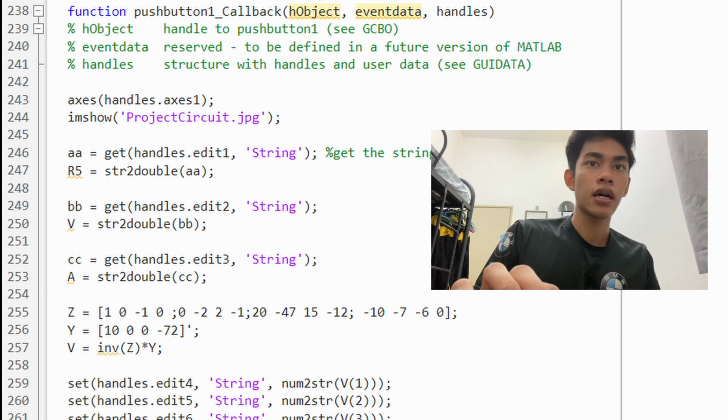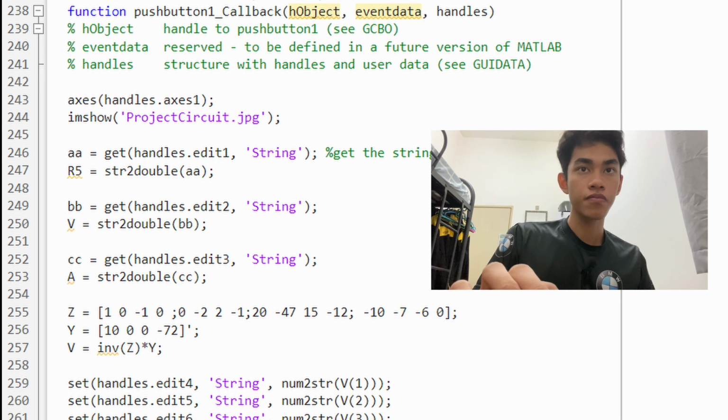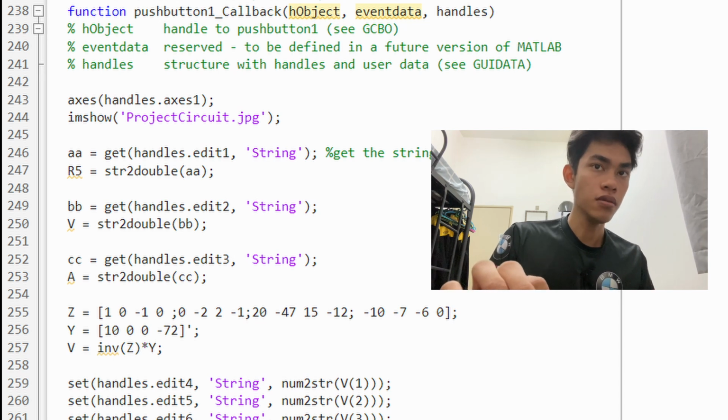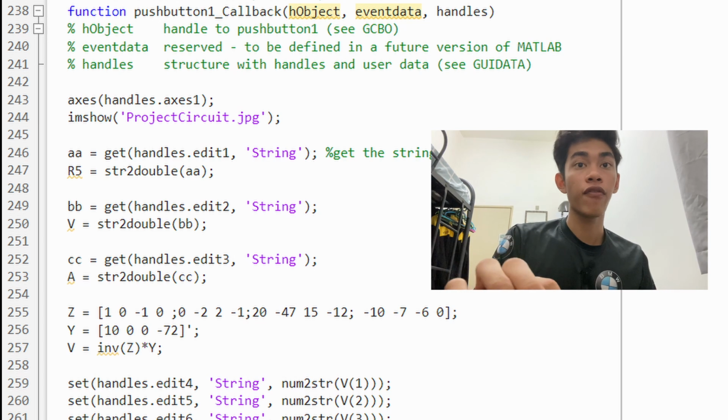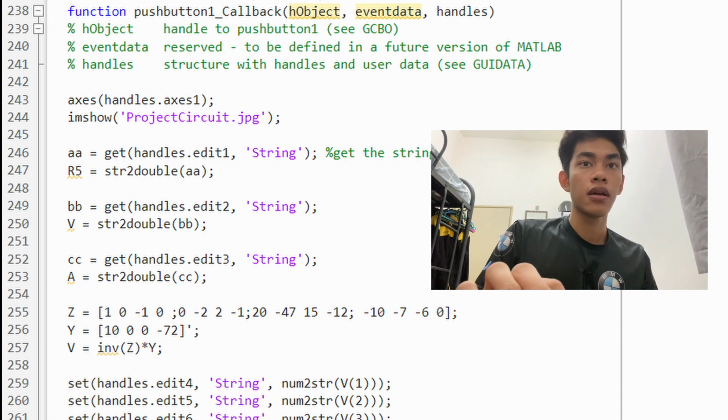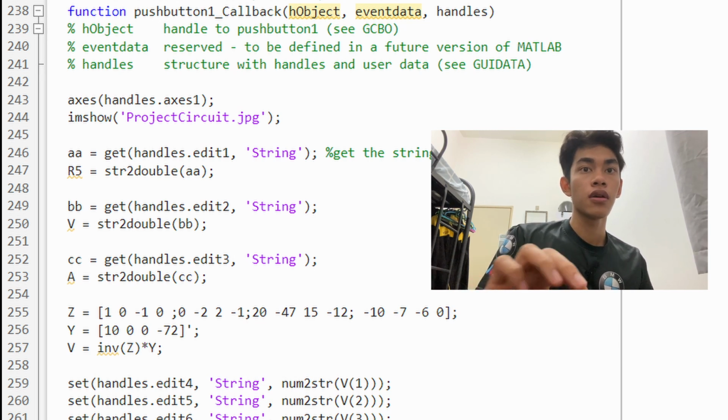which I named AA, get handles. Next, I introduce the input that we need, which is str2double. Then we need to introduce the matrix and the formula like we did before by using MATLAB code. Then we need to introduce the answer.